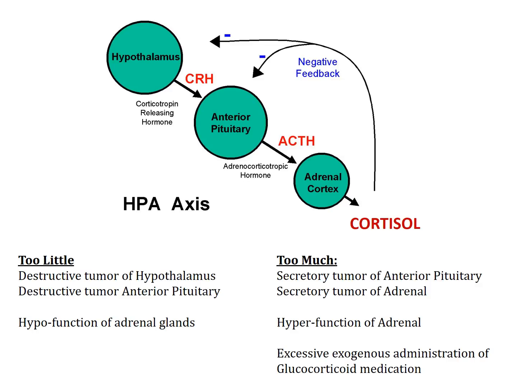If you have a tumor which is secreting cortisol, or a tumor which is secreting ACTH, or you have adrenal glands which are hyperfunctioning, or the individual is taking in an exogenous amount of a glucocorticoid drug, that individual is more likely to be Cushing's, right? And we're going to talk about the glucocorticoid drugs. I've got some slides coming up on glucocorticoid drugs, so just hang on that one for a minute. All right, move on.